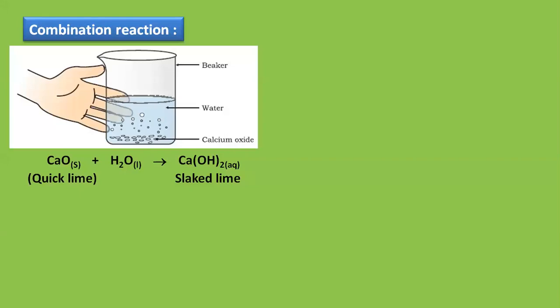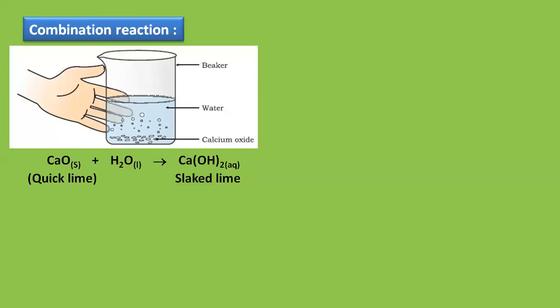Oxygen on left hand side. We have 1 oxygen with calcium. We have 1 oxygen with hydrogen. So it makes 2 oxygens on the left hand side. And in the product side, you can already see it is 2. Similarly, hydrogen on left hand side is 2. And hydrogen on right hand side is also 2. I hope this is making it clear to you that the equation is already balanced. Can you see the equation is already balanced? The number of atoms in the reactants is equal to the number of atoms in the products. So this equation is already balanced.